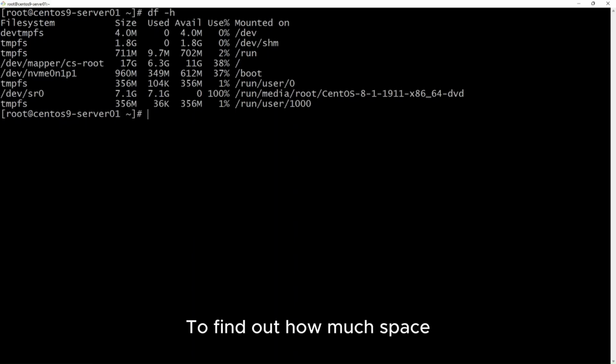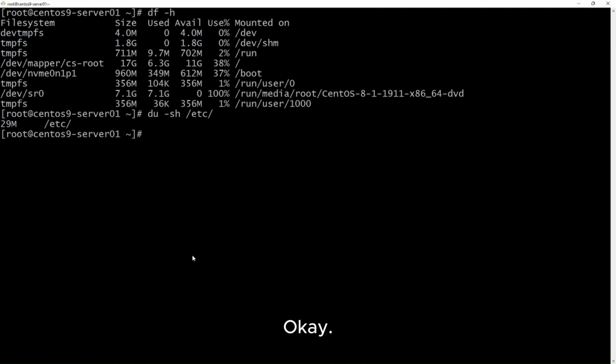To find out how much space a specific folder is taking, use the du command. It summarizes the total size of a folder in a readable format.